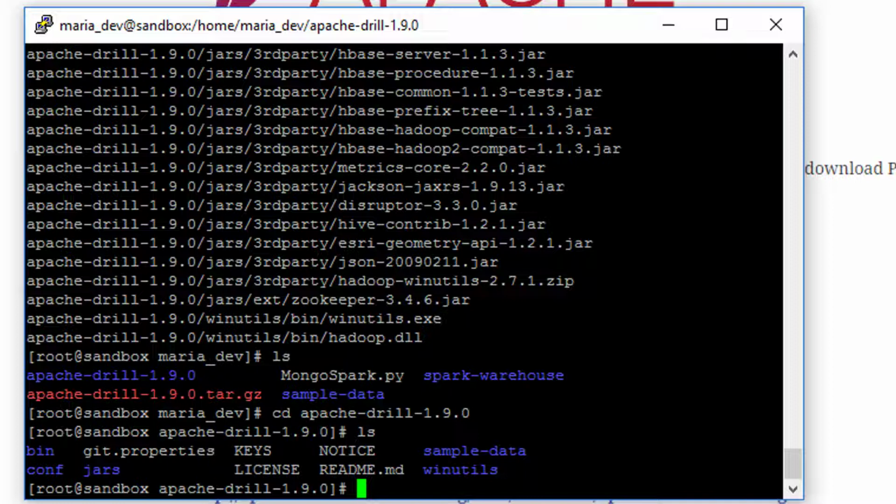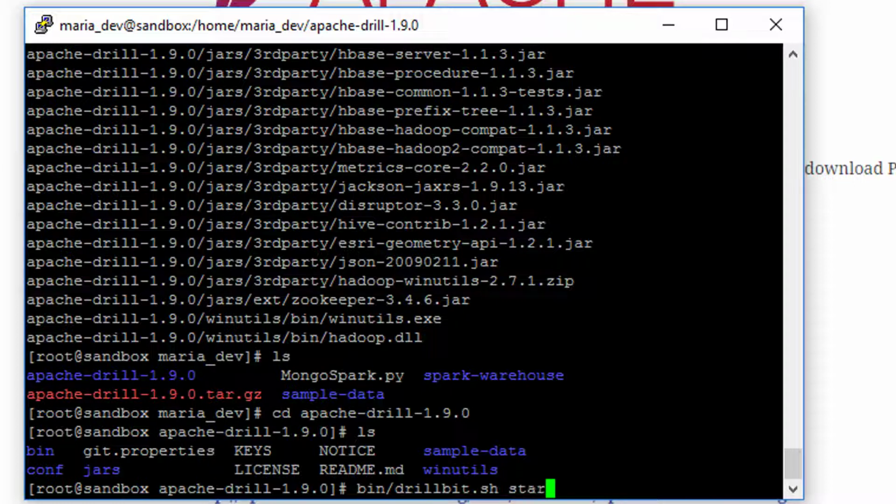It turns out that the Hortonworks sandbox is actually running inside of what we call a Docker container, which in turn is running within VirtualBox. So we kind of have a virtual machine inside of a virtual machine, and punching access to the ports that we need through both layers is really a pain in the butt. So I'm just not going to go there. Instead, I'm going to configure Drill to run on a port that I know is open but unused at the time. So to do that, all we have to do is type in